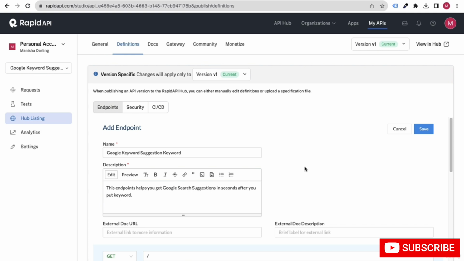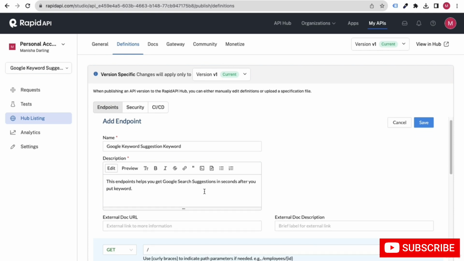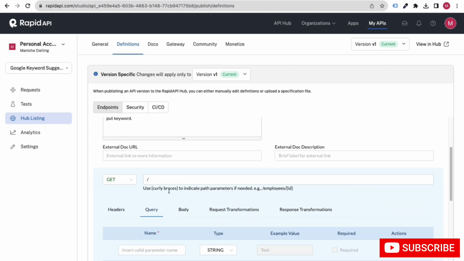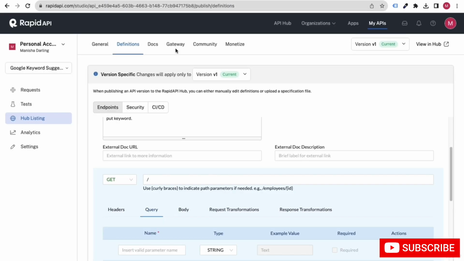So we have done this much of the endpoint, and now you can just scroll down and use curly brackets to indicate the path parameter. Okay, so the parameter in our case can be this one. So it's a query, right? So you can just go here, and here you can paste it.